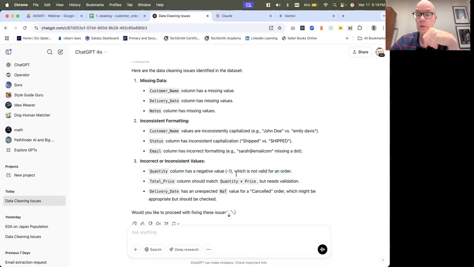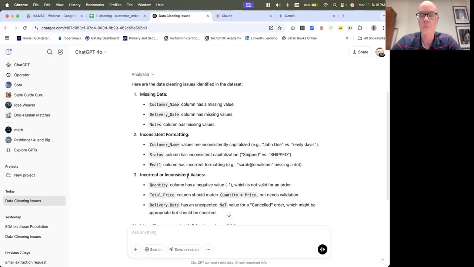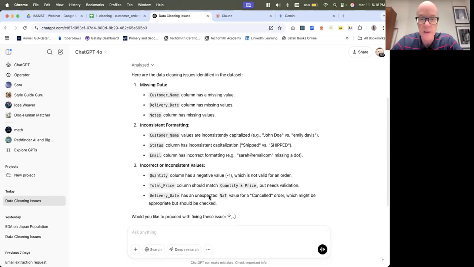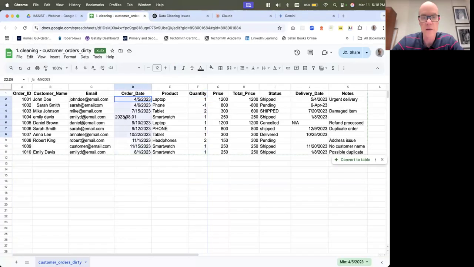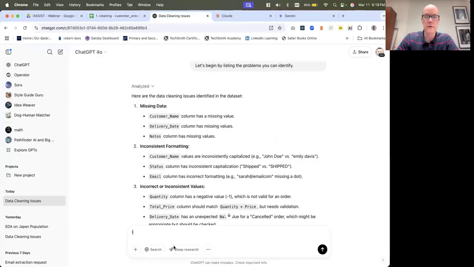So this is good because we can check its work and see what is missing or present here. Actually, it does look good. The only thing I do see missing now that I look at it is if we look at the dates, they are formatted differently as well, and that could cause a problem. So let me mention that. Is there an issue with the date formatting that will need cleaning?